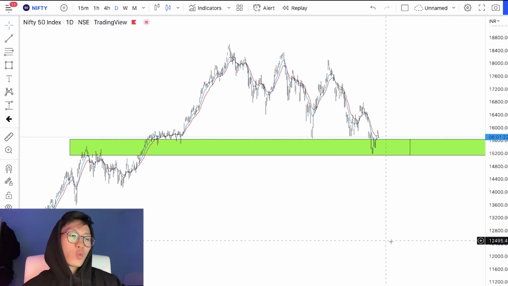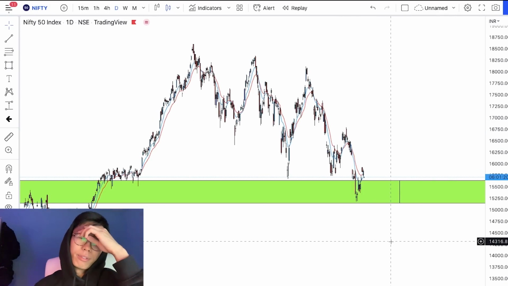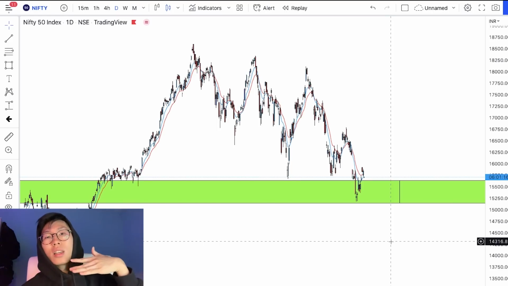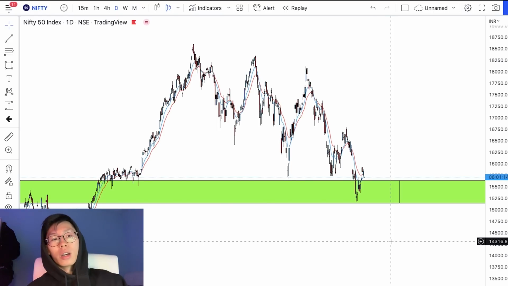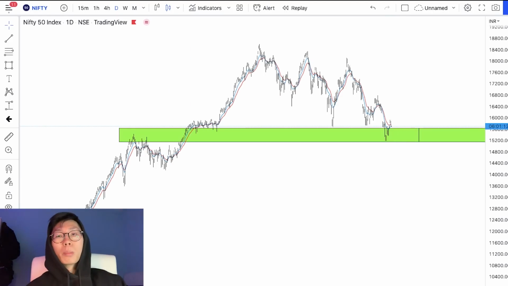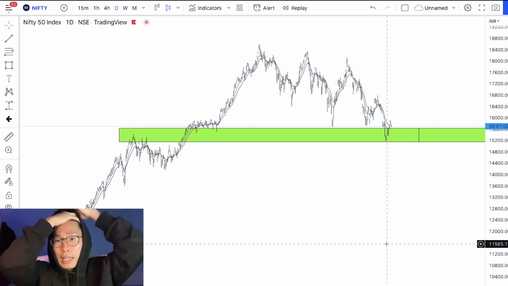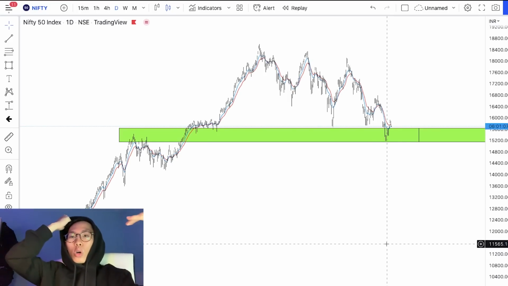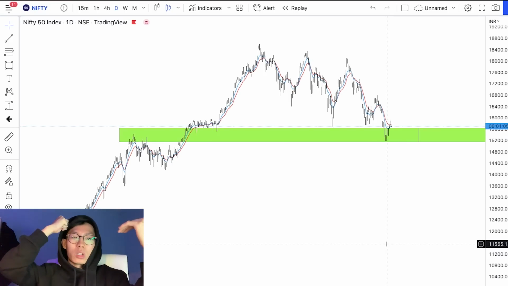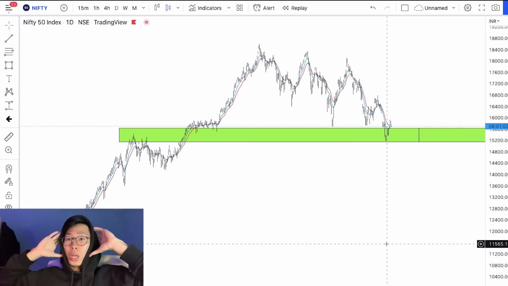So the next few weeks will definitely be a very strong indicator of where the stock market is going to go for the next half of this entire year. Is it going to be bearish or is it going to be bullish? So make sure you stay tuned to the price movements over the next few weeks, right? Because right now it looks pretty bearish.